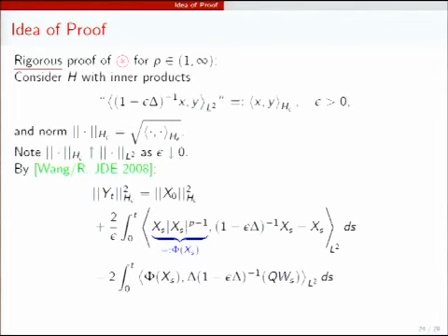Now you might think, okay, this is the normal Yosida approximation. You're right, but it's not the Yosida approximation for the operator. It's really the Yosida approximation for the form given by the H minus 1 norm. That's very, very important. You cannot do it on an operator level. You really have to work with forms here, otherwise it doesn't work. You will see that in a moment.